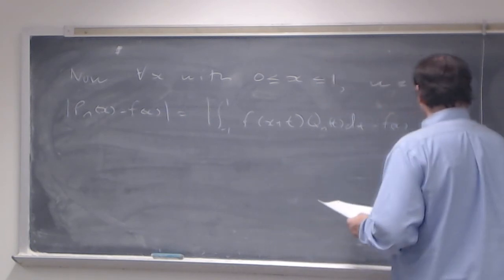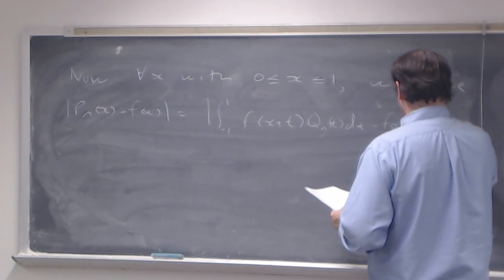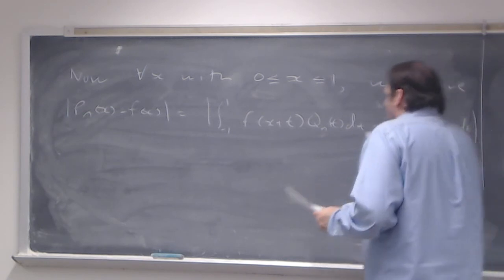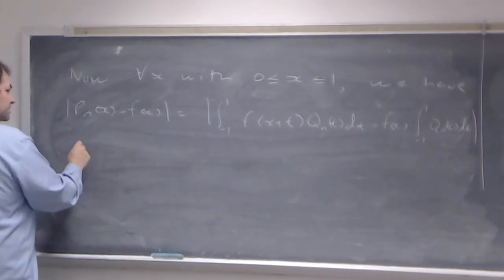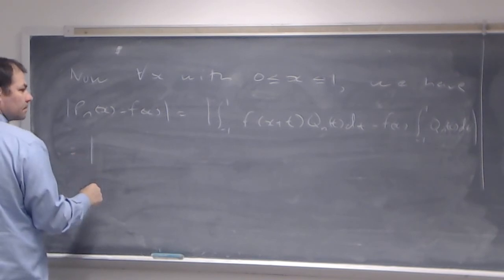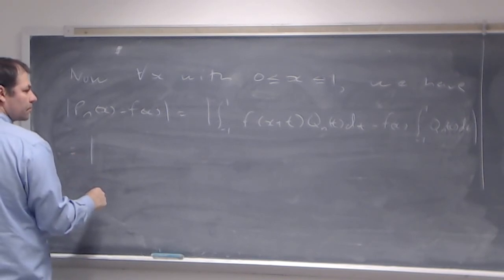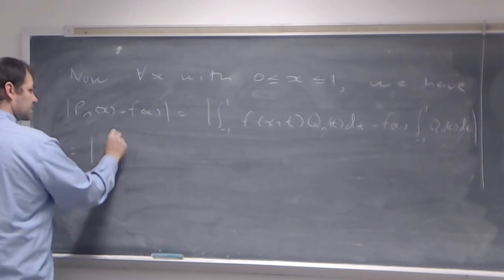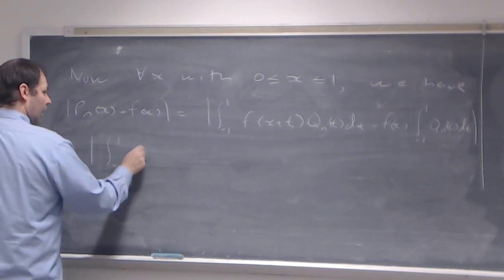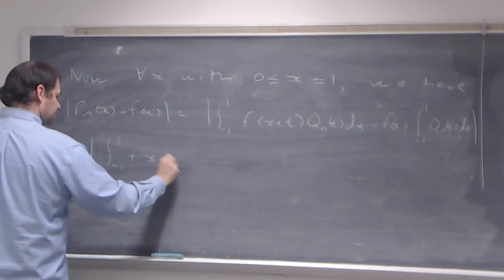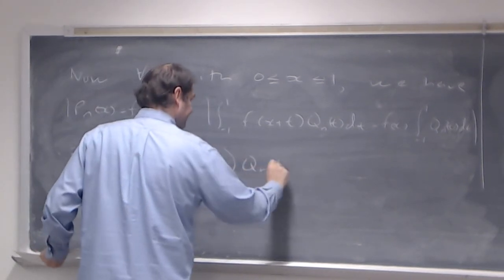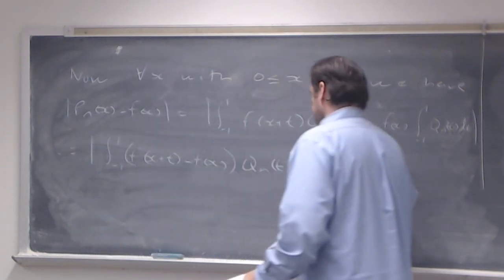But f of x is f of x times the integral from minus 1 to 1 of q sub n of t dt, which can be rewritten as the integral from minus 1 to 1 of f of x plus t minus f of x, all times q sub n of t dt,